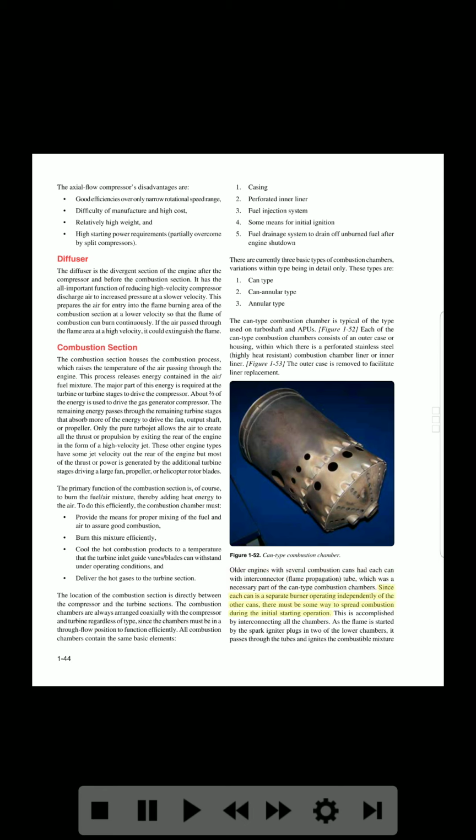Since each can is a separate burner operating independently of the other cans, there must be some way to spread combustion during the initial starting operation. This is accomplished by interconnecting all the chambers. As the flame is started by the spark igniter plugs in 2 of the lower chambers, it passes through the tubes and ignites the combustible mixture